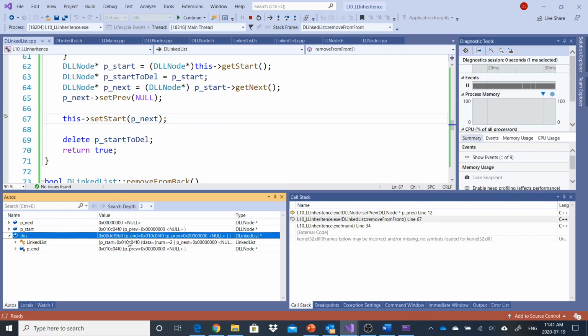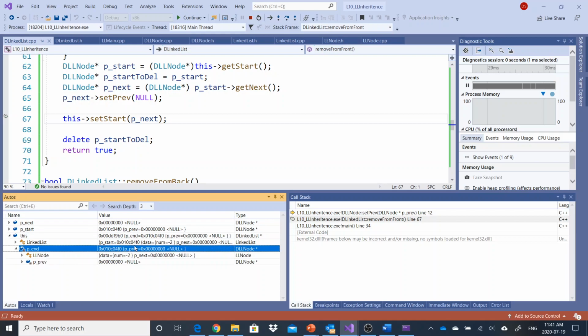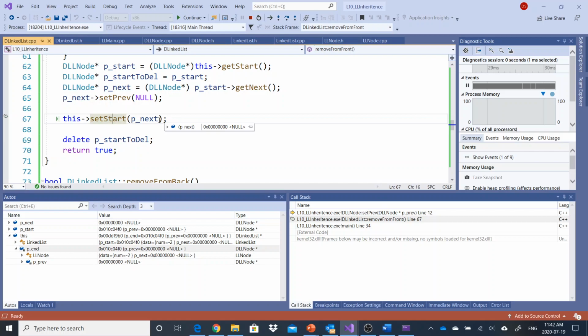I have a linked list. I have exactly one element. I have no previous, or the end is actually the same thing. It's one and the same. The start and the end are the same. So I can set the start to be, this would be setting the start to null. And if that's where my problem is,